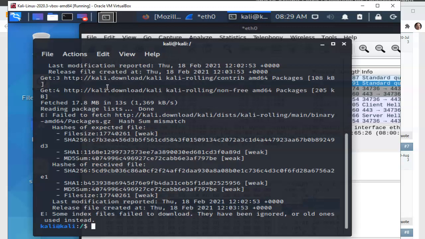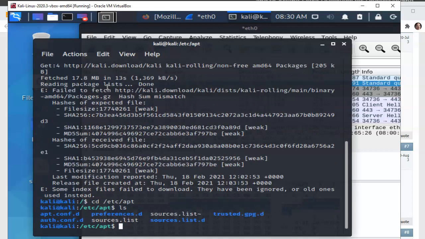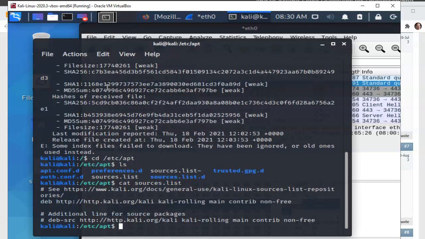It is a different one than what I received. And so here's my troubleshooting process so far. I went into the etc apt folder, and I looked at the sources list, which is where the packages are, and I went to